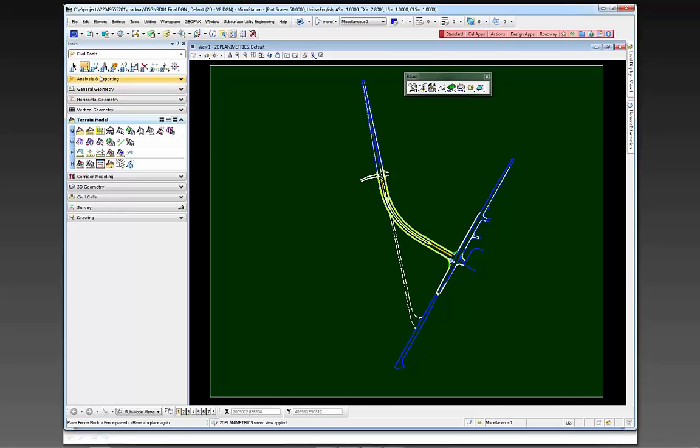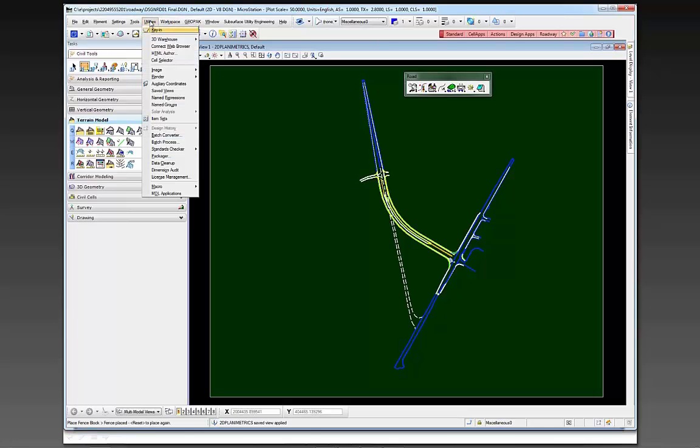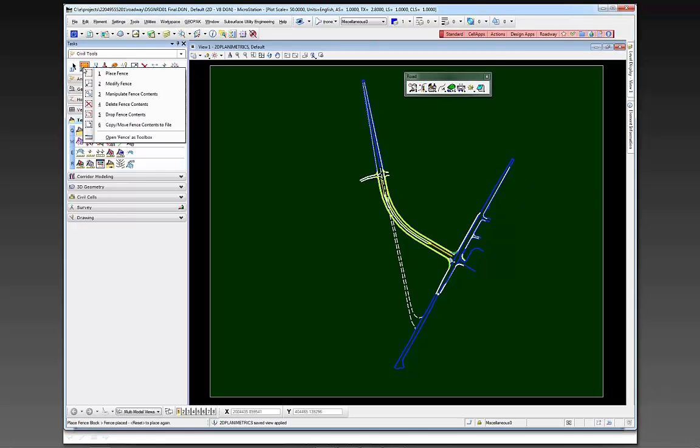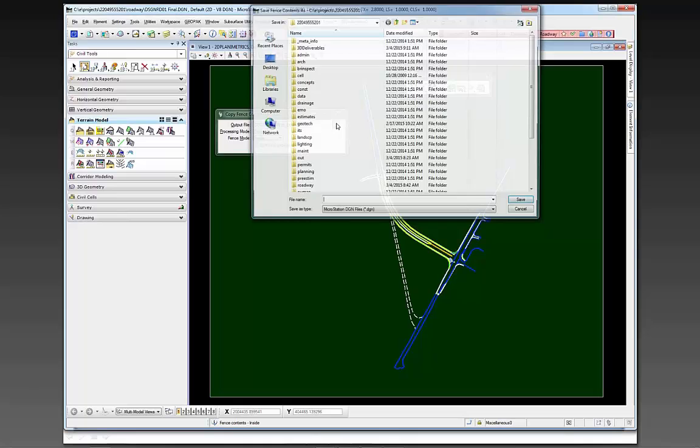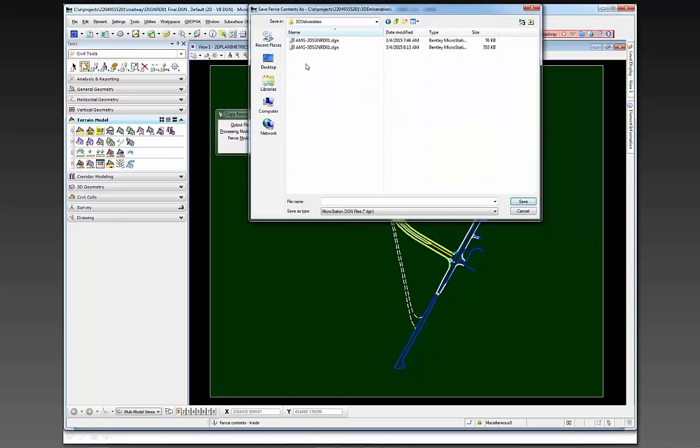And then in the fence tools, you can either, old school, use the key-in FF equals and give it a file name, or you can use the new copy move fence to file under the fence tools, and it brings up this dialog, and then you'll just browse out to the 3D deliverables, and you'll select